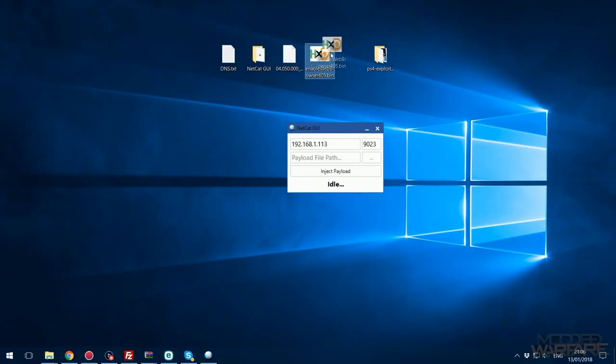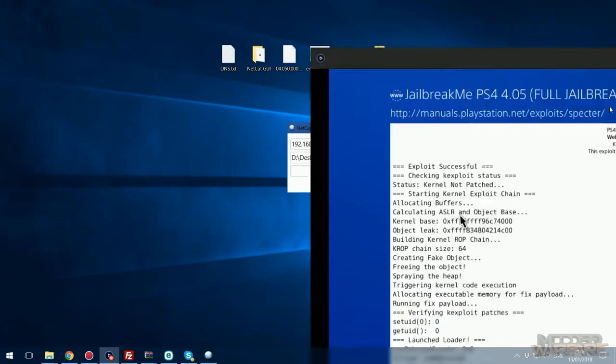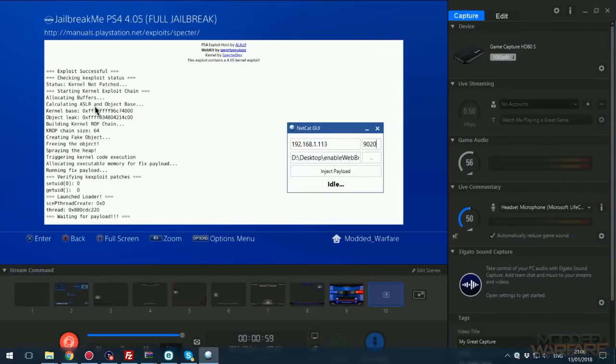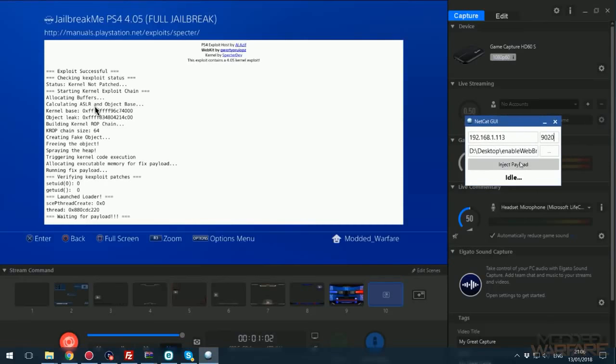Then copy the web browser patch in, so just drag and drop it into payload file path. Change the port from 9023 to 9020. Very important that you do that, otherwise it won't work. And then we can basically just inject this payload. So let me move this over here so you can see properly. We're just going to go ahead and click inject payload, and it says done,